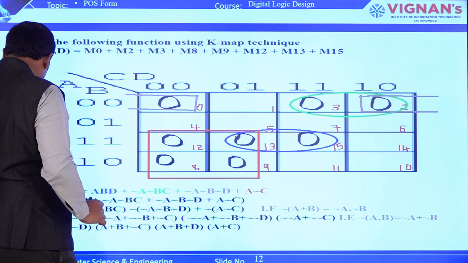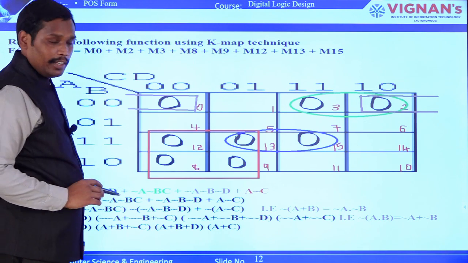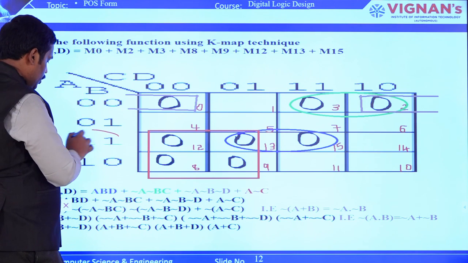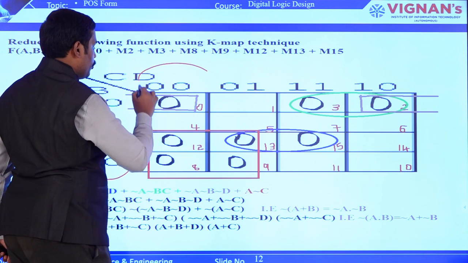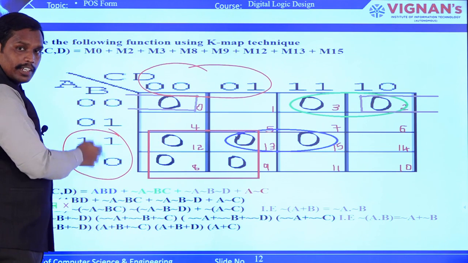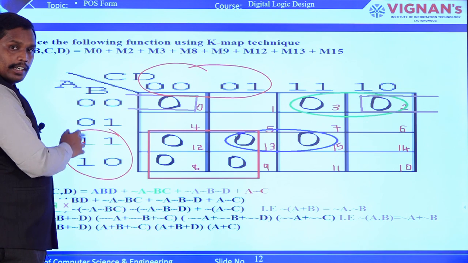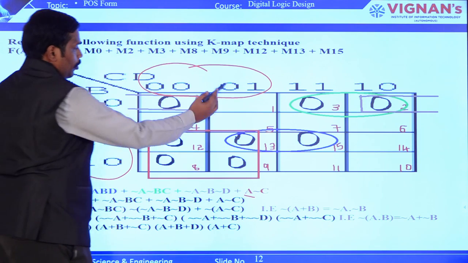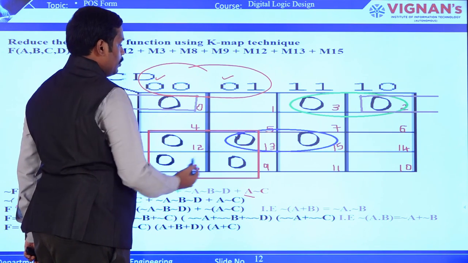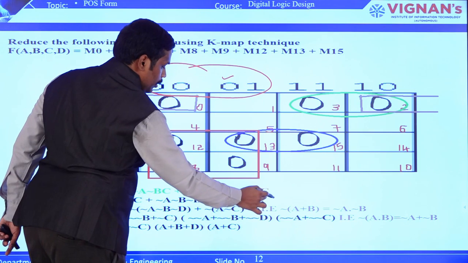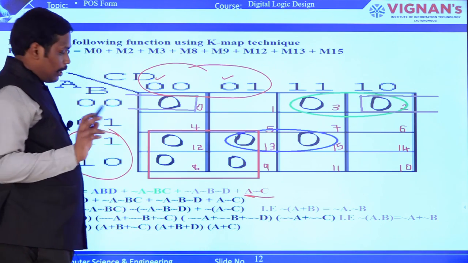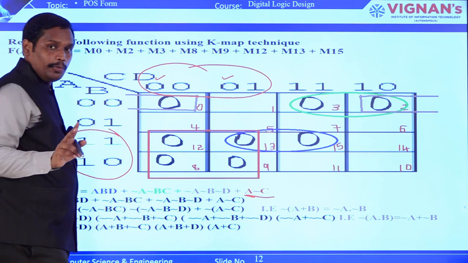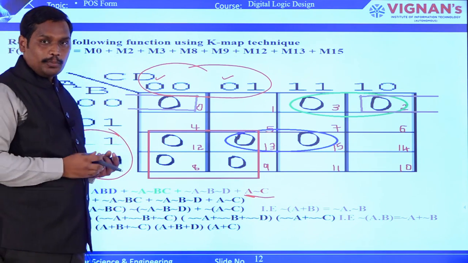So now, finally, we'll go with the quad, which has 4 zeros. In that particular quad, you can see these two you have to compare, as well as these two. So tell me, which of the variables are common? That is A in uncomplemented form is common. So we write A, and then in the columns you can see C bar, C bar. So that is the reason why it is A C bar, right? And also, as the rule says, a quad will remove two variables. So in this particular term, you have removed two variables. So this is how you are going to solve the SOP as well as POS forms.